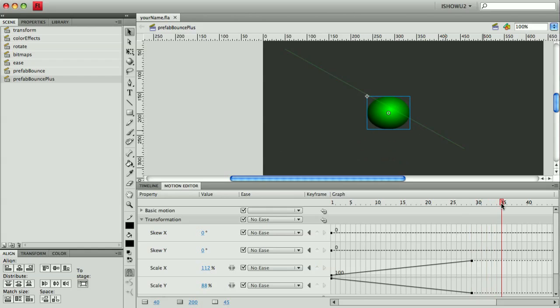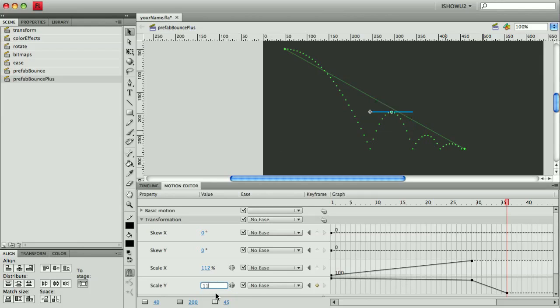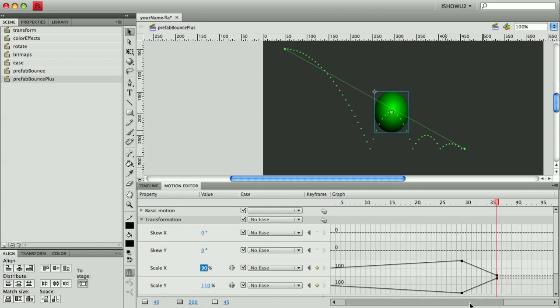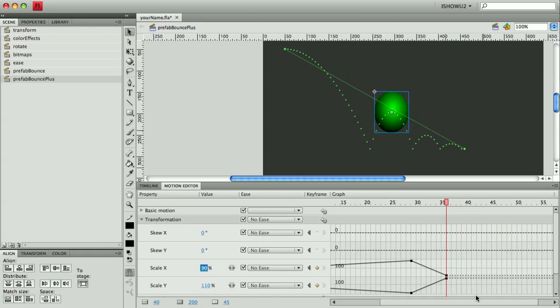Then I'm going to go up to where it hits the peak. It looks like maybe one more frame. And at this point, I want to change the X to be the lesser and the Y to be taller so that we get an elongated ball at this point. So let's start with the scale. Let's go up to 110, let's say. And maybe this time this only goes down to 90. Big, tall, stretched out ball. Now, you can see that we're starting to create a chart going up and down. Let's go to our next